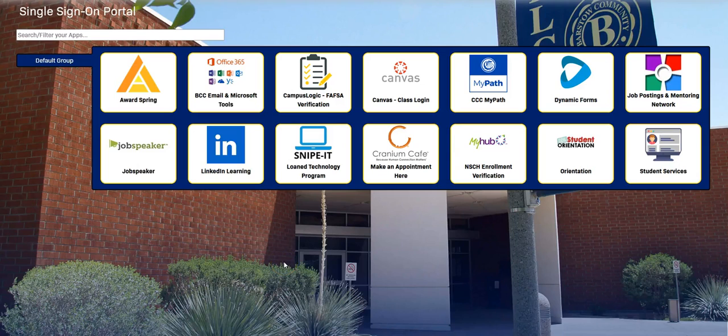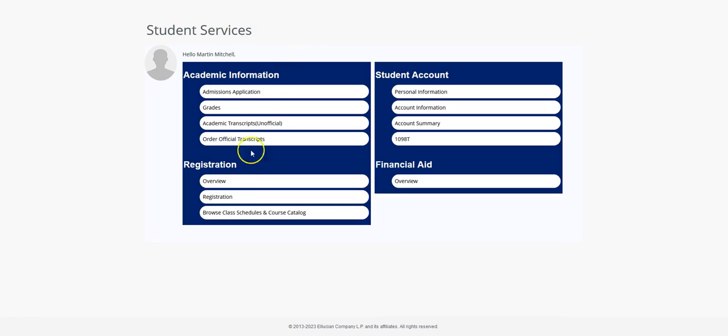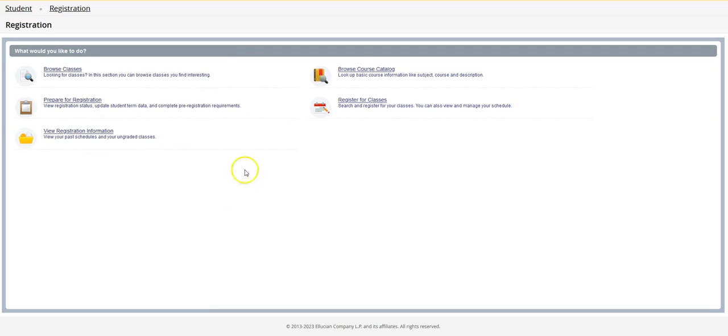Today we'll be learning how to use an ad code given to you by a professor. First things first, you'll need to log into your single sign-on portal. Next, hit the Student Services tile, and it'll take you to the Student Services page where you will go to Registration, Register for Classes,